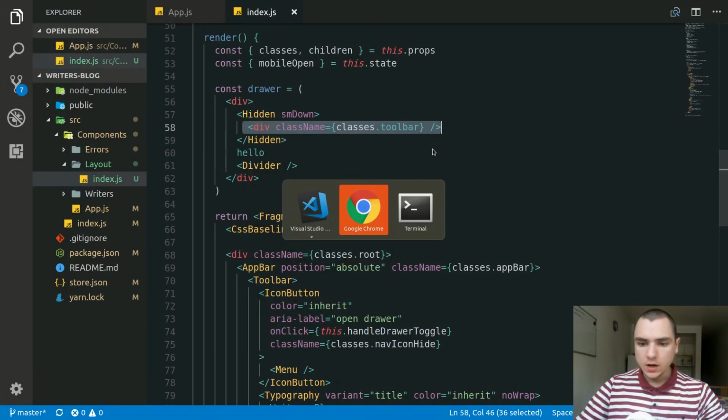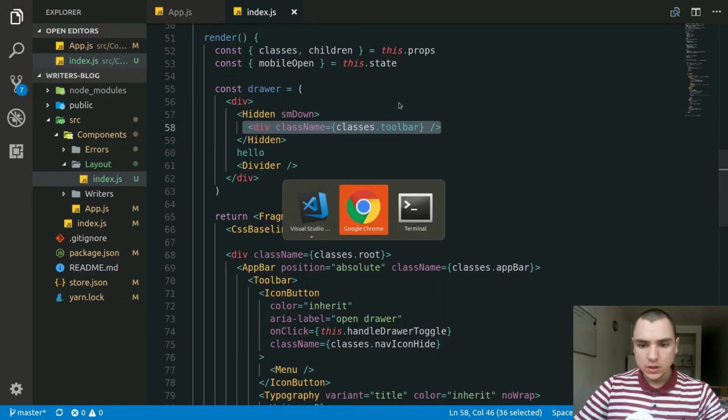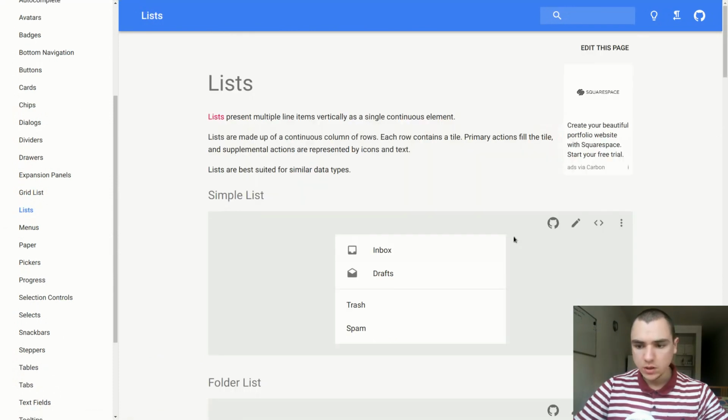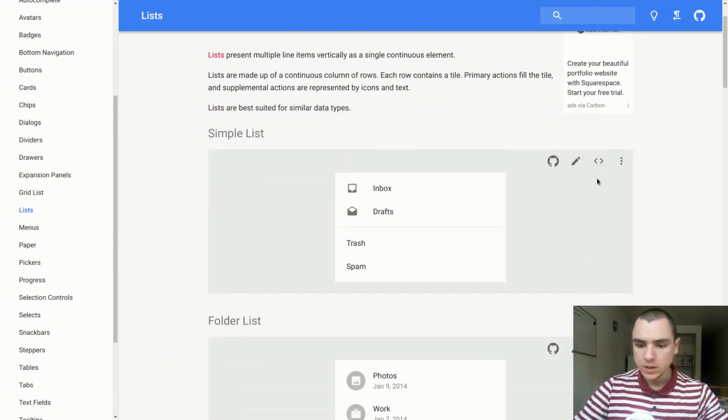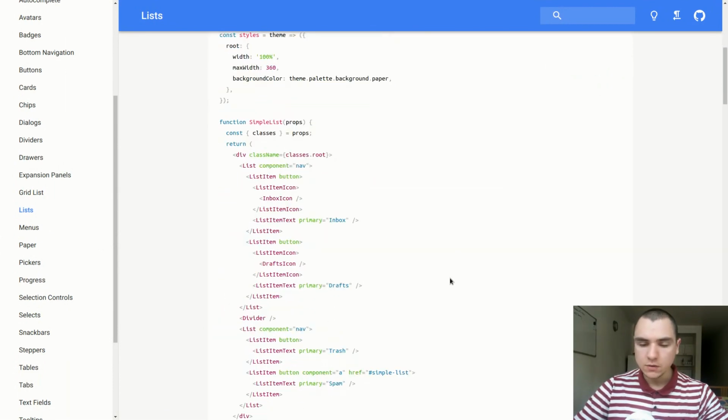So the next thing we're going to work on is the menu. On the left, I'd like to show the list of links, just like we had before. So let's go back to the documentation, and we could obviously use the list component, right? A list would be almost perfect. With the list, you could basically show a list of elements. In this case, we could show a list of names of writers with the links as we used to